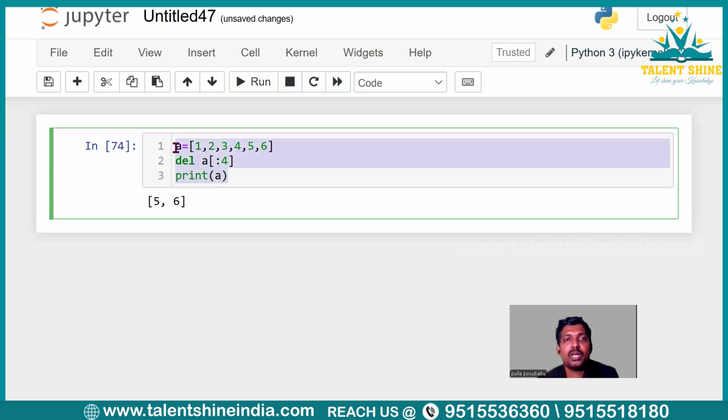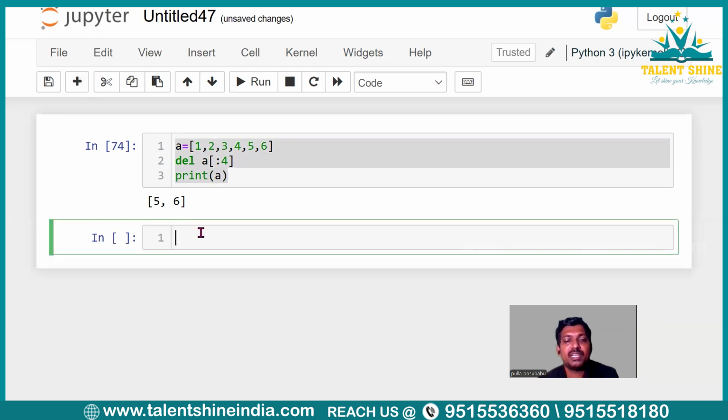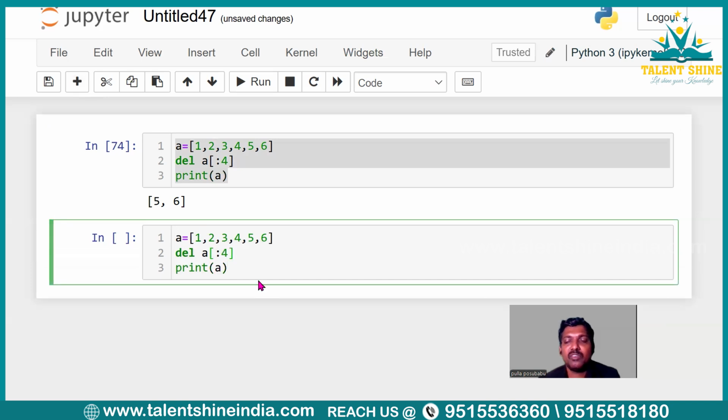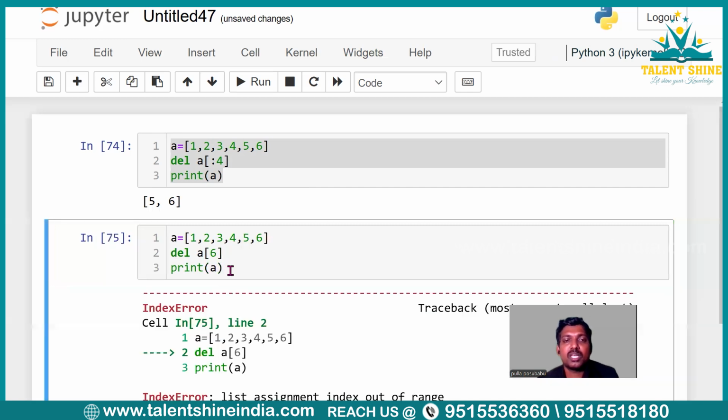Now, one more important point I would like to share here: suppose you are giving an index number which is not present here. If you observe, it is 0, 1, 2, 3, 4, 5, so elements are there only until index number 5. If I give 6 here, it generates an error, index out of range. That is the index error it is going to generate. Do remember this one. Now, if you are providing slicing, though the index is out of range, you won't